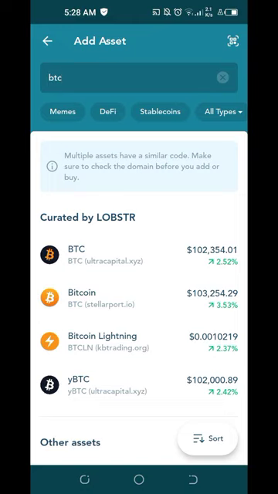So if we go back to our Lobster Wallet, this means that if I'm deciding to add Bitcoin on my Lobster Wallet, which is pegged to the native Bitcoin 1:1 ratio, I can simply add the first one or the top option for Bitcoin BTC with the issuer ultracapital.xyz. So this is one relevant information I can share with you if you're also deciding to have another avenue or option to keep, hold, and manage your Bitcoin in a decentralized manner aside from owning a cold wallet.